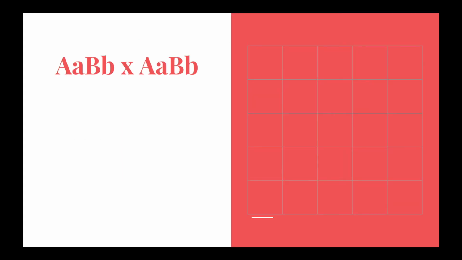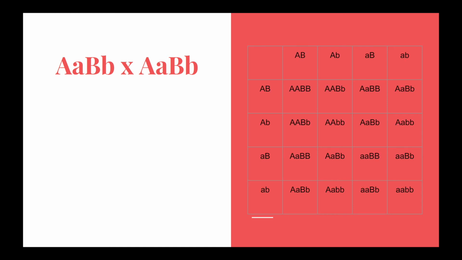So now that we know a little bit about epistasis, we can now do a dihybrid cross to determine the genotypes and phenotypes of the progeny. First, we will look at a cross between heterozygous parents at both genes. We need to do a dihybrid cross because we are looking at two different genes.